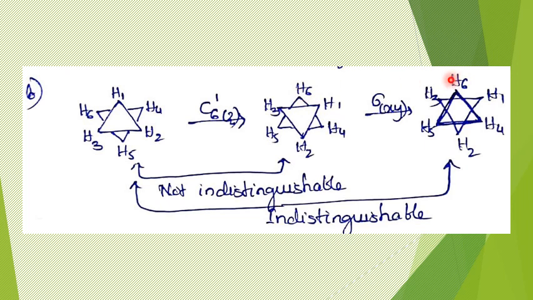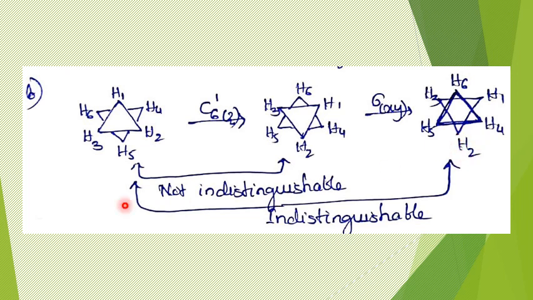So this H6 will definitely come above. The ones marked with double lines will be your front carbon atoms and front hydrogen atoms. H6, which was earlier at the back, after applying sigma xy will take up this front position. Similarly, H4, H5, H6, all these three come to the front. Similarly, after the sigma operation, H1, H2, H3, which were earlier at the front, have gone back now. This single-lined triangle you can imagine to be the back triangle, or the back carbon atom and respective hydrogen atoms. Therefore, you have resulted in this orientation.